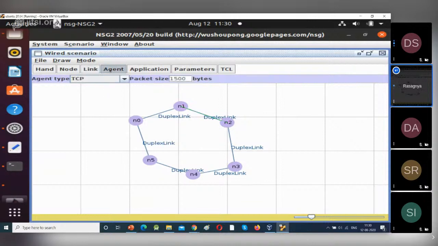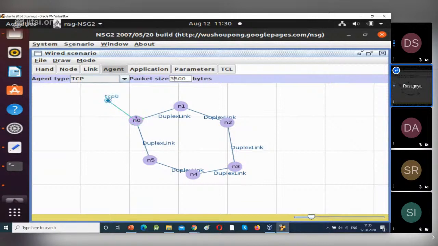Now go to agents. I am taking 2 agents, one TCP and the other UDP. Here we have agent type. Already it is TCP. If you want to change the packet size before connecting this TCP, you can change it here. I am changing it to 3500. Now connect TCP to N0. Just click on N0, move and click.